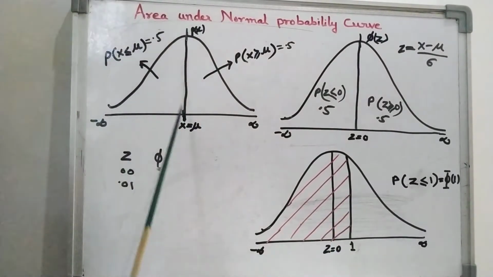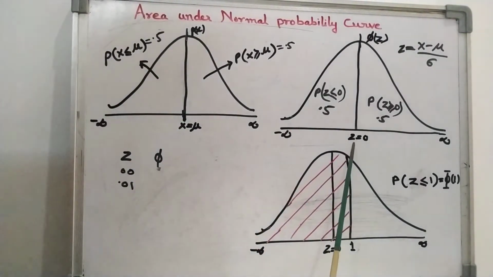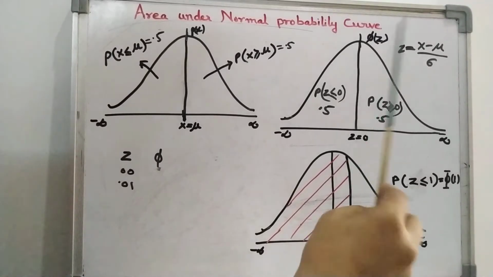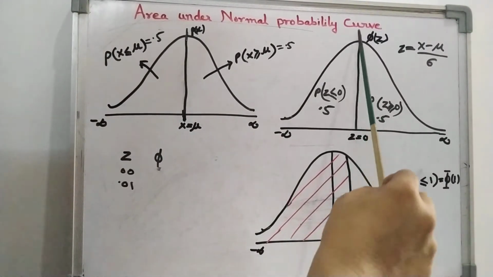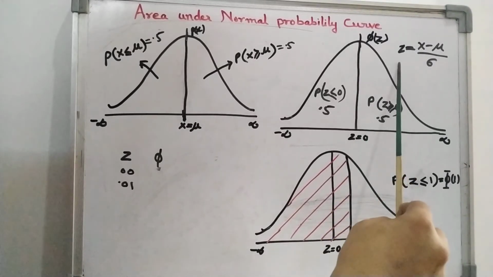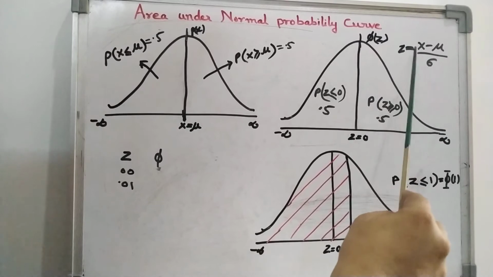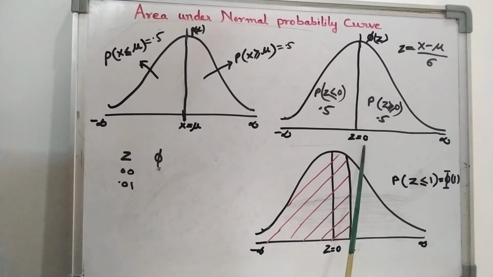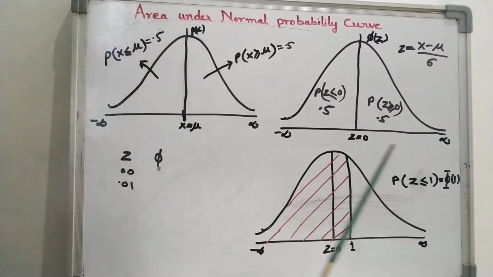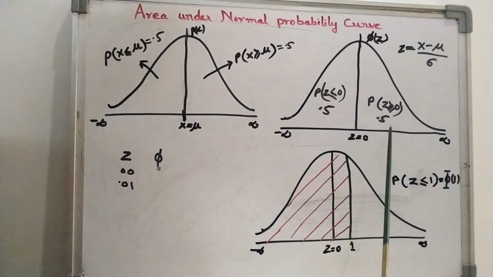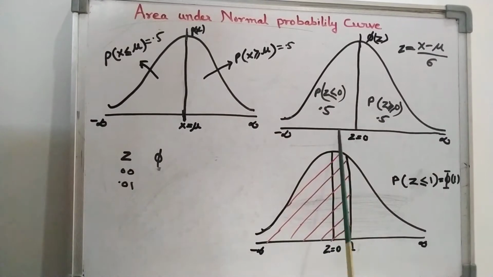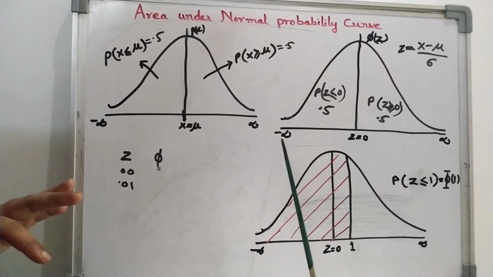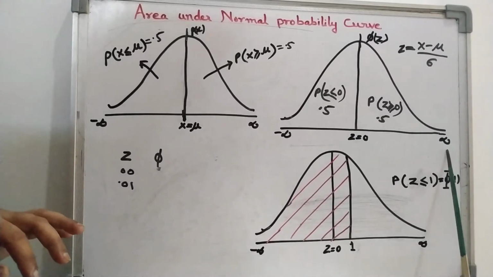Here we get in terms of x and p(x). Now, here we get the coordinates in terms of z and phi(z). So, this is the position of the mean. As we know, the mean of z, that is the standard normal variate, is 0. So, this is the position of z equal to 0, and the variance is 1. So, it increases by 1 on both sides. Here we get 1, 2, 3 like that, and on this side minus 1, minus 2, minus 3. Again the range is the same, that is minus infinity to infinity.